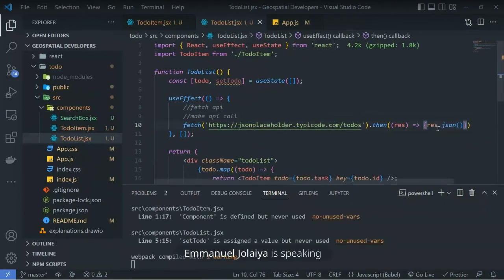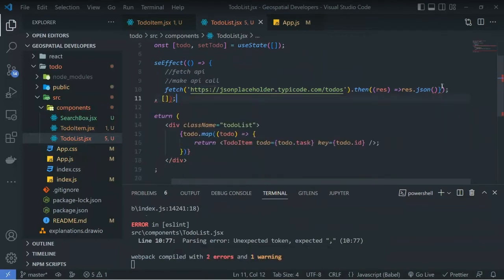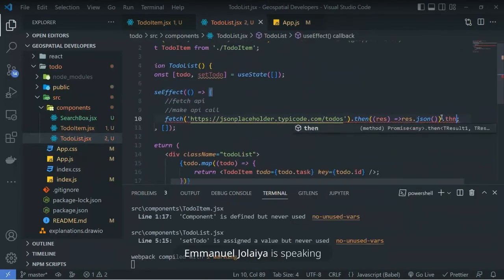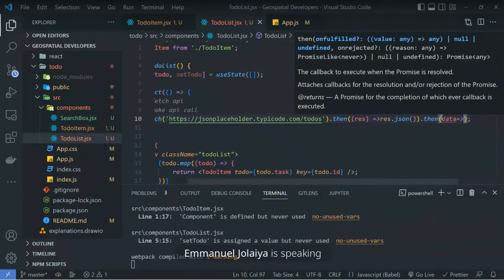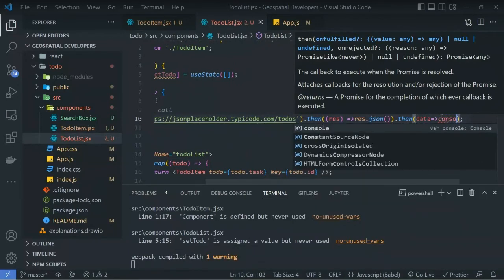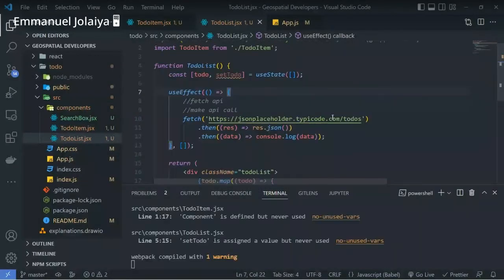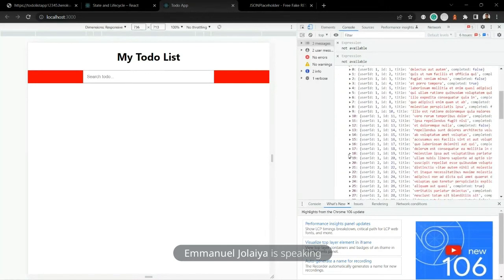the next thing now is to grab the data from the response. That'll be .then data. Then let's do console.log data. So perfect, you can see we have the data here, 200 data. That's a lot of to-do items that we don't want to